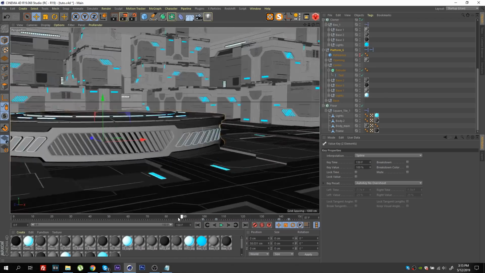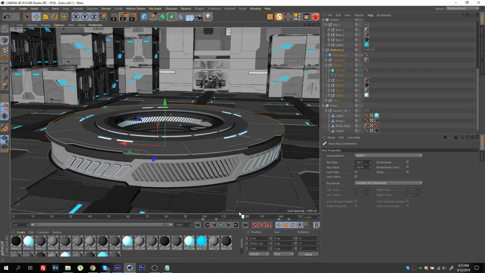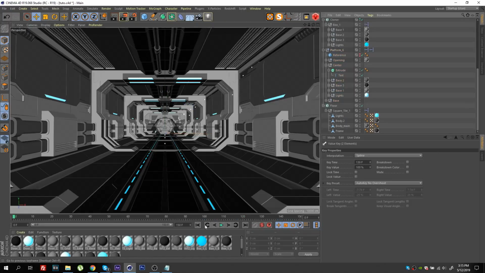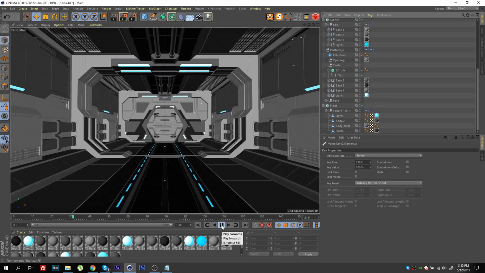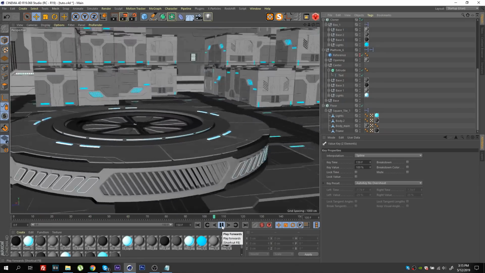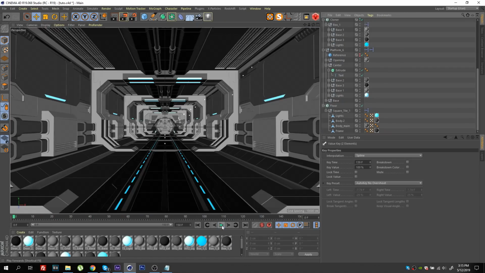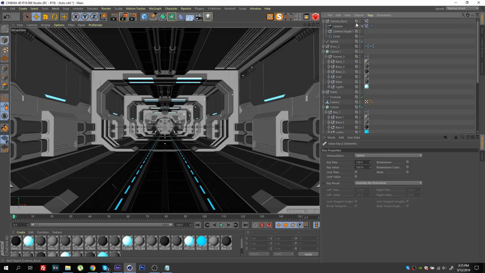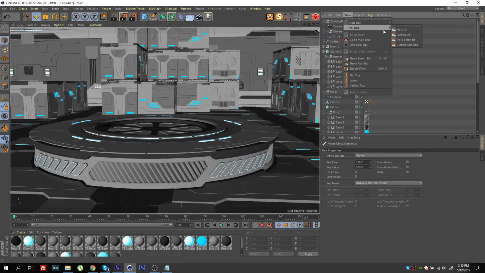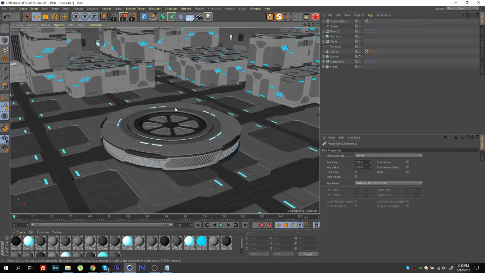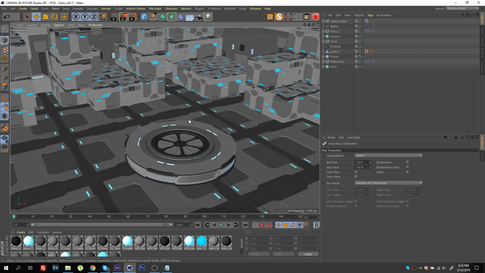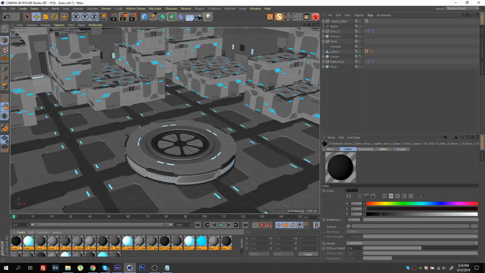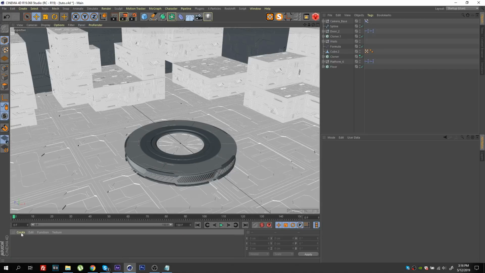So this is looking pretty good. Let's play it one more final time. Alright, pretty good. So let's step outside the camera now and let's fold all, and we can take care of the rendering now. So I will be using Redshift, but really this method should work with any render engine that you would be using. So I will go ahead and delete all of these placeholder materials, and I will create